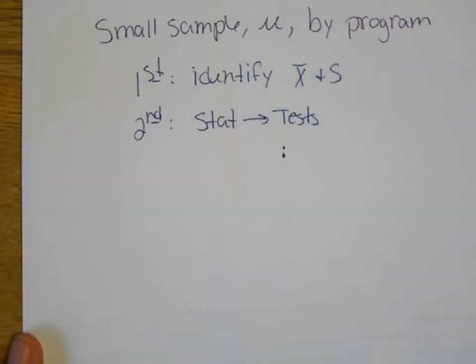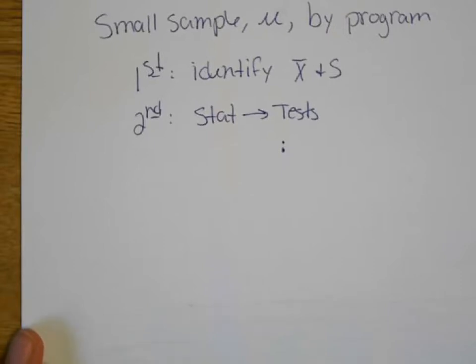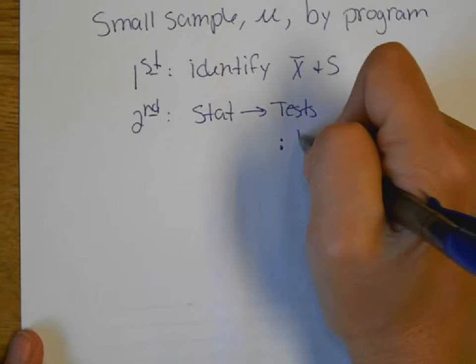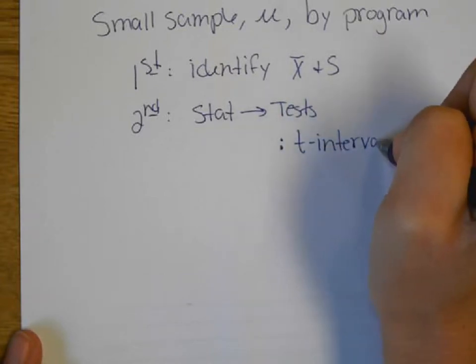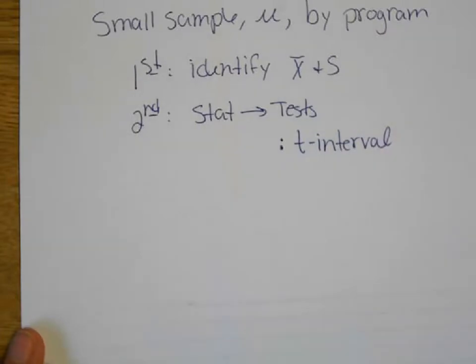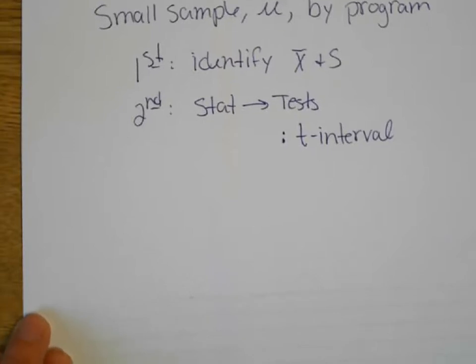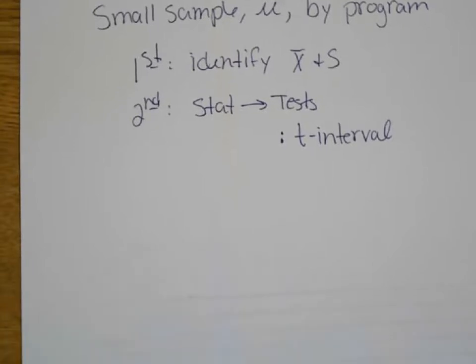So if the other one was called Z interval, what do you think the name is here? T interval. T interval would be the best option. Not t-test, t-interval. The testing is in the next chapter. No, do not touch the test buttons. So let's go with